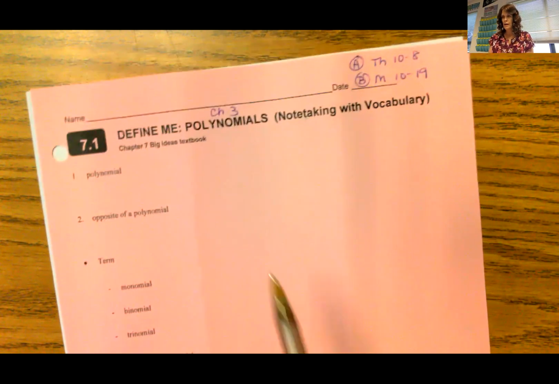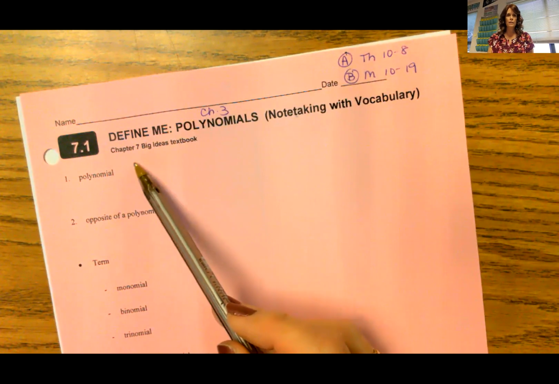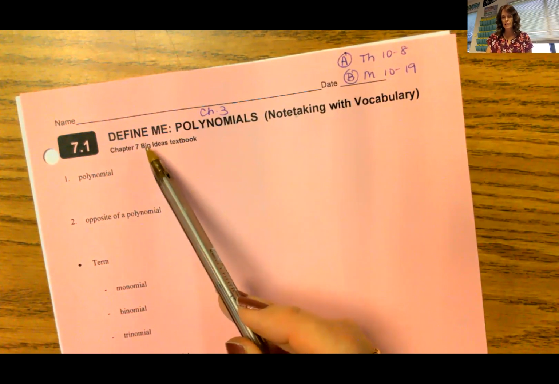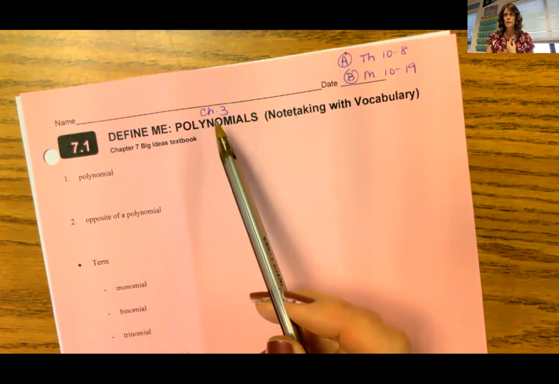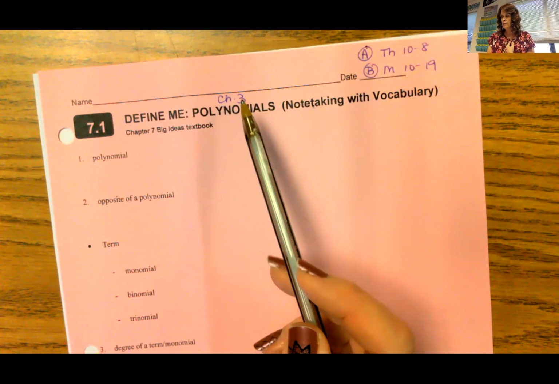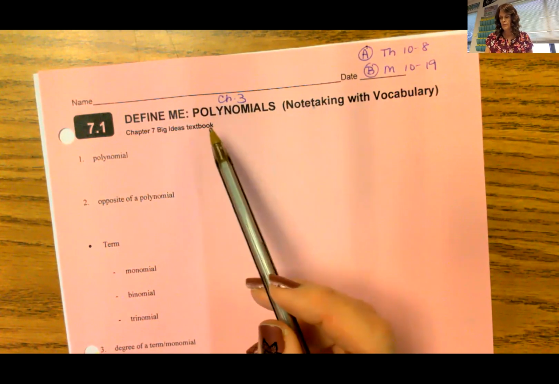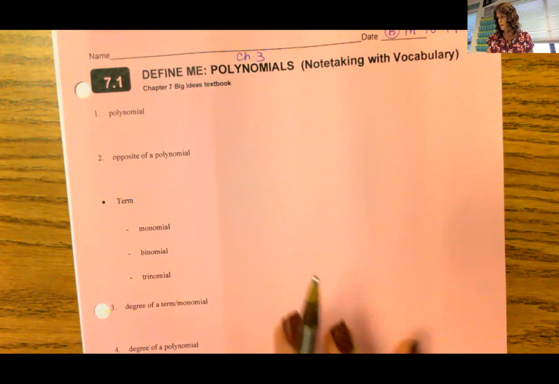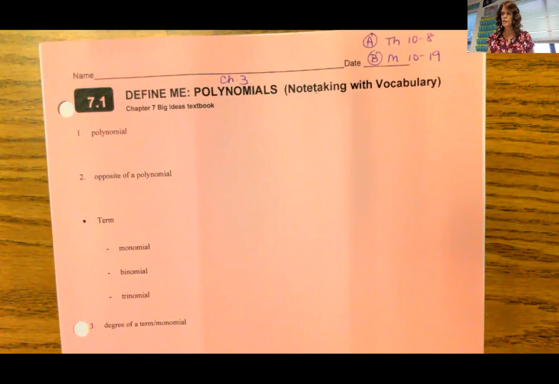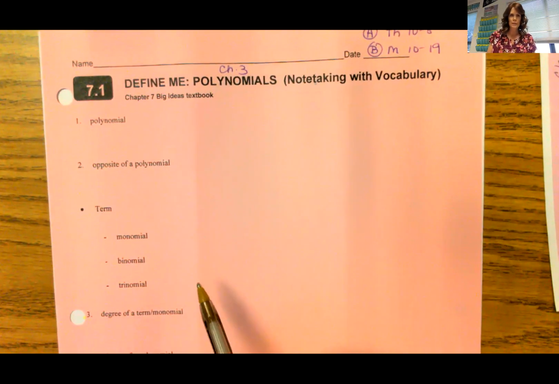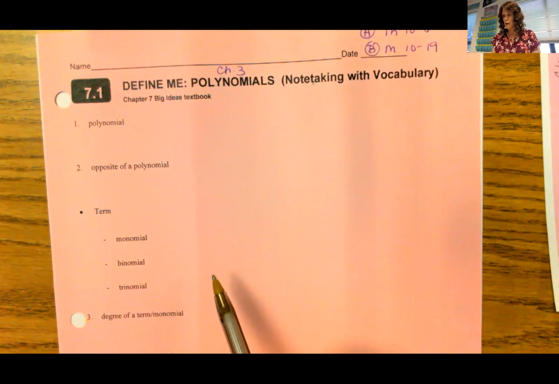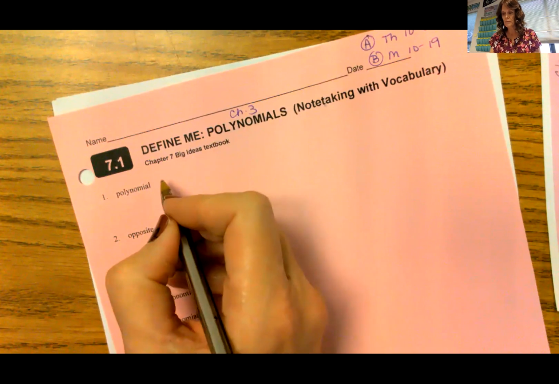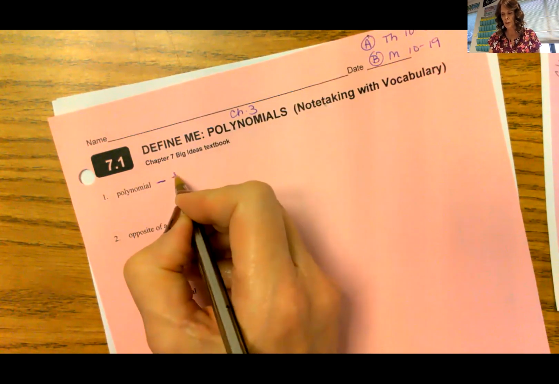all right? You might want to add that although this is in chapter 7 of your Big Ideas textbook, we refer to it as chapter 3 at Eagle Crest and here at Thunder Ridge, okay? All right, so again, a lot of these you've hopefully come up with. We're just going to put a more formal definition to it. So for a polynomial, it's really 3 things. It's a term,